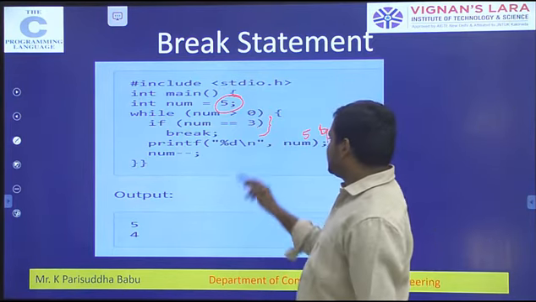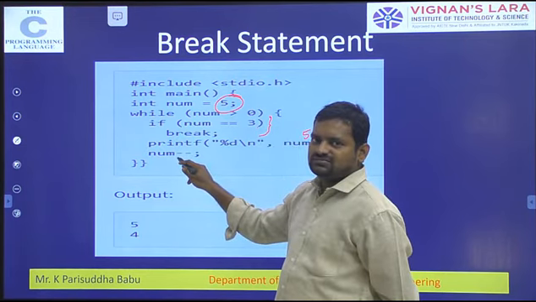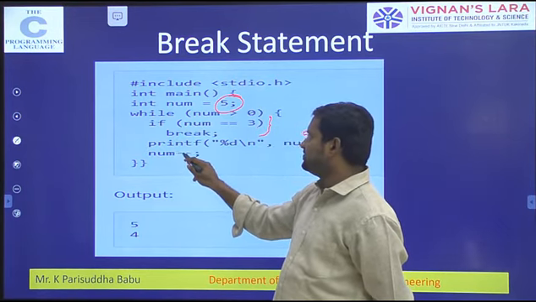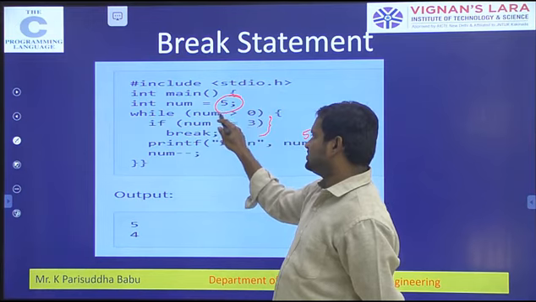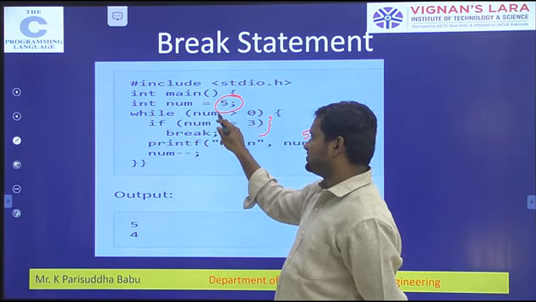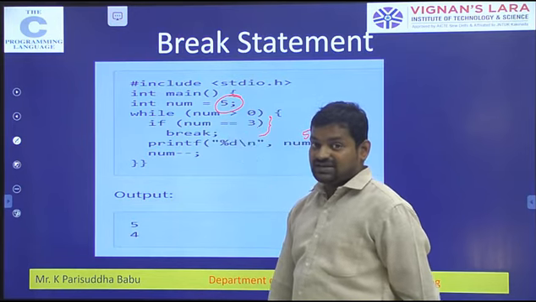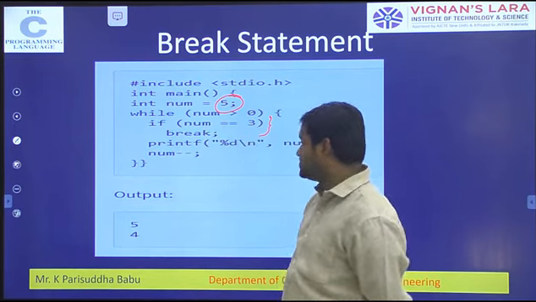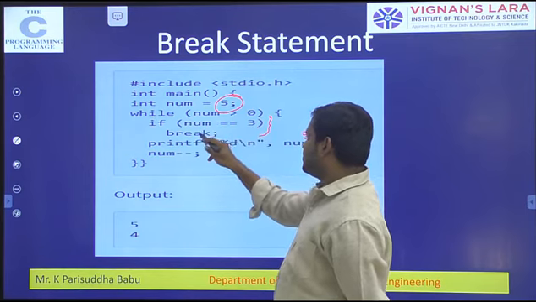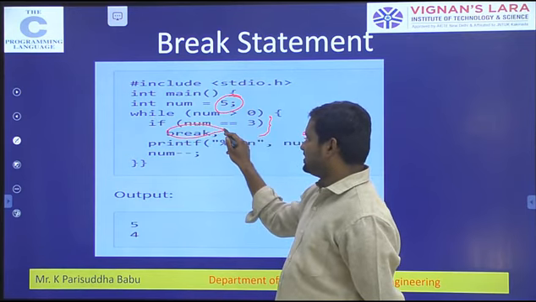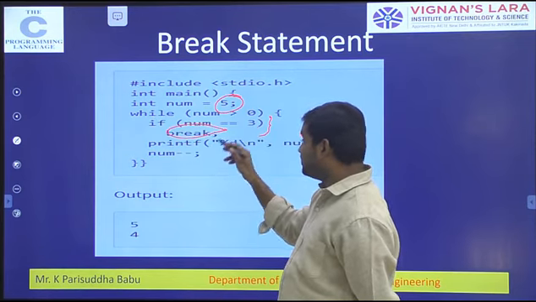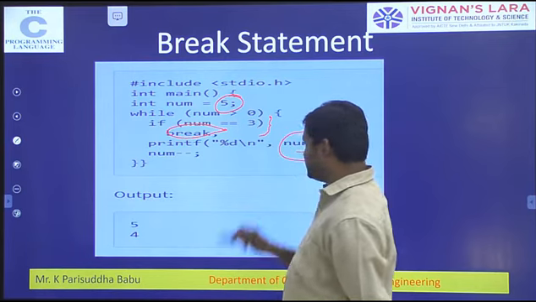After that, decrement by 1. Now 3. 3 greater than 0, yes, it is true. Now 3 == 3. At this particular time, the control will break, without printing the 3 value.